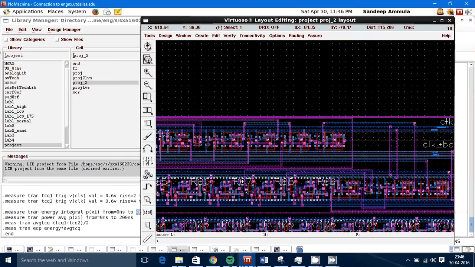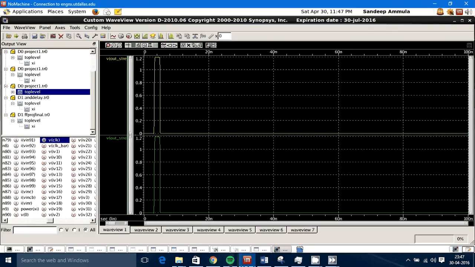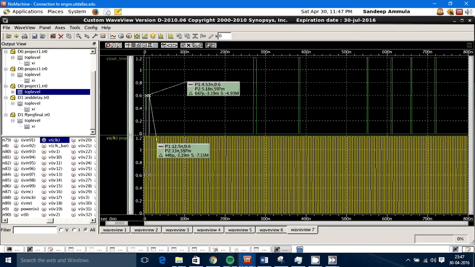So to cross check it, we did the simulation with 0.5 nanosecond, which is less than the minimum clock period which I got in the critical path analysis. With this 0.5 nanoseconds I could not get my result after running my clock through 100 cycles. So this is the simulated result which I have done using a 4 nanosecond clock period. And you can see on the screen the average delay is calculated with the rise and fall times with respect to the clock and output stream.